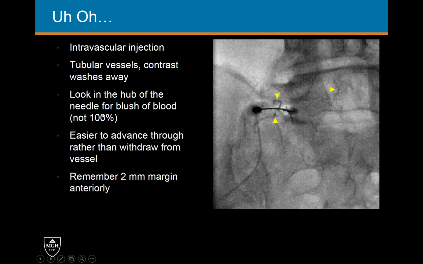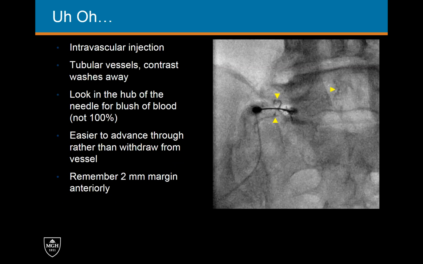One other thing to remember is to look in the hub of the needle for a blush of blood too. So when you pull out the stylet, don't put the tubing on really super fast. Take a second just to see if you see any blood come out, because a little blush can also tell you right away that you're already in a vessel. So in this situation, it's actually easier to advance through rather than withdraw from the vessel. I'm not actually sure why that is. I don't know if it's because the smooth muscle grips the needle or something like that, but